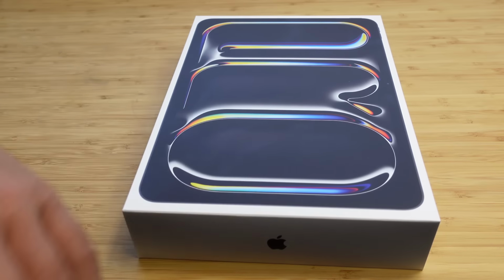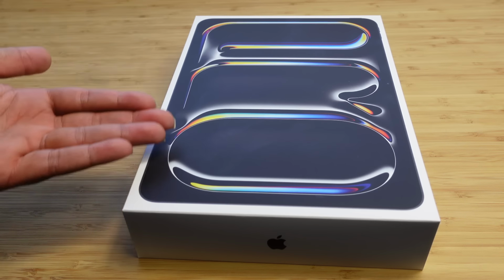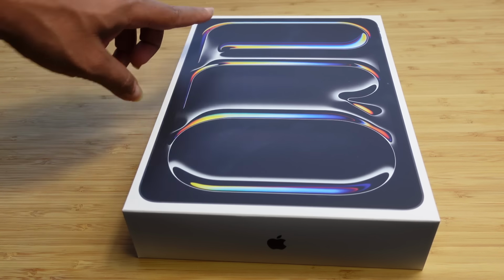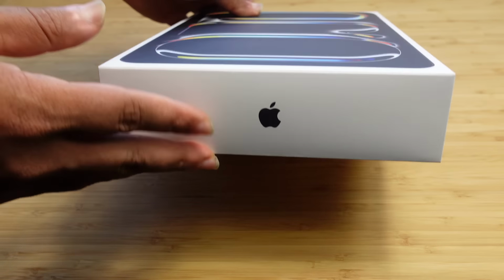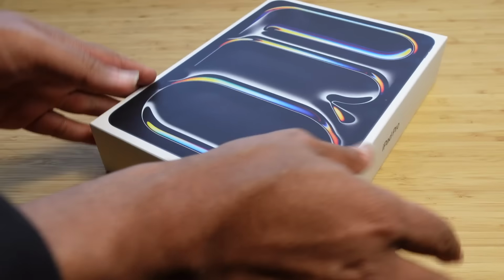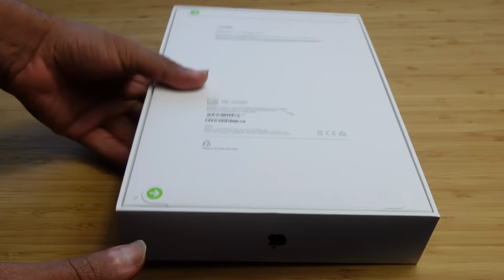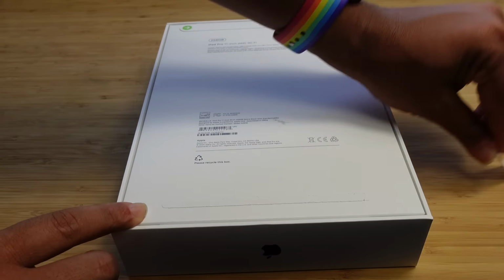You can see on the box there's a picture of it and this little new wallpaper that has a bubble effect that spells out the letters Pro for Pro. Really neat touch there. You can see you've got the Apple logo there, iPad Pro on the side, Apple logo, iPad Pro. And then on the back, some specs and information, and we can go ahead and unbox this for the very first time. Rip off the tabs here,